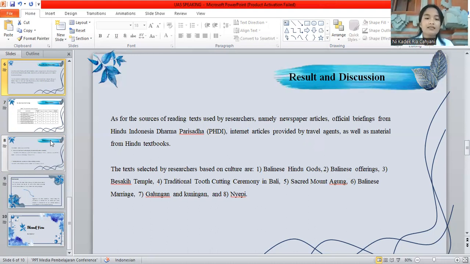The texts selected by the researcher based on the culture are: first, Balinese Hindu gods, Balinese offerings, Balinese temples, or we can call Besakih temple, the traditional hunting ceremony in Bali, or we can call Matatah, secrets of Mount Agung, Balinese marriage, and then Galungan and Kuningan, and the last one is Nyepi.